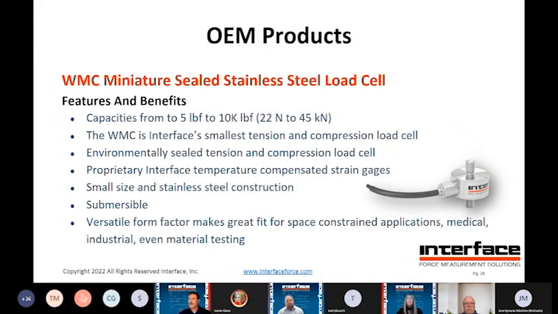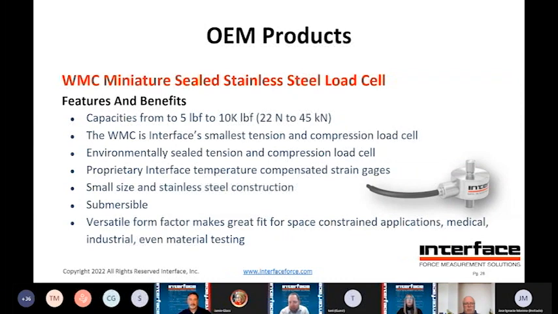WMC, this is growing in popularity quite a bit in recent years. Able to get very good performance out of a very small form factor. These are less than an inch in height. Usually the bodies are 1/2 inch to 3/4 of an inch, even up to, I think, the 10K range. So they stay very small,